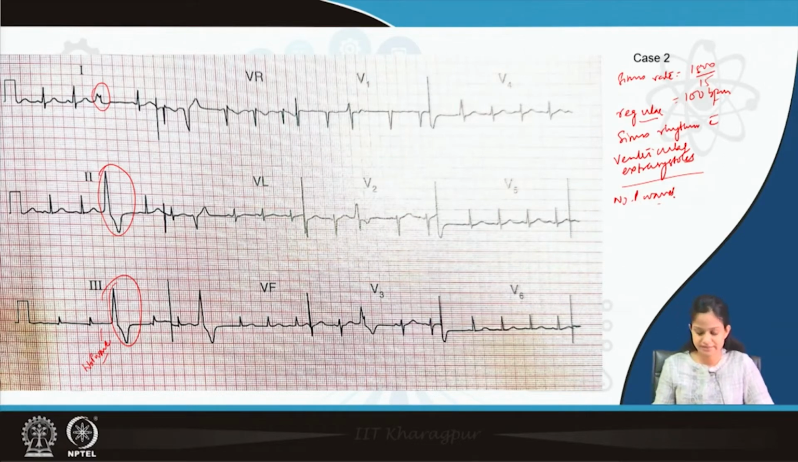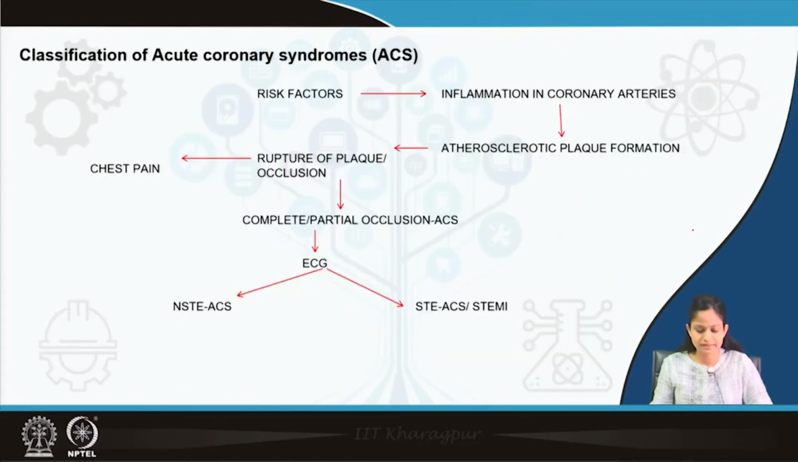And the QRS complexes, obviously, are normal, and the axis, if you see, is also positive. So, normal axis. That is why we did not go into any other causes except ventricular premature complexes or ventricular extrasystoles. So, with this we will move on to our next topic, that is classification of the acute